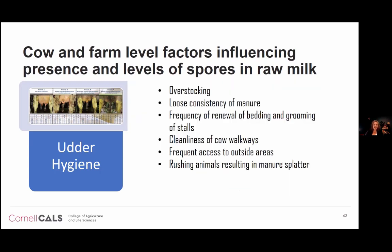So first, talking about udder hygiene, there are a variety of factors at the farm that contribute to udder hygiene. We know that udder hygiene has a huge impact on the level of spores that we find in the bulk tank milk. And we know that things like overstocking cause higher levels of dirty udders, loose consistency of manure, which is of course tied to the cow's diet, how frequently bedding and grooming of stalls when the cows are inside, if they're inside, cleanliness of the areas the cows are walking in,